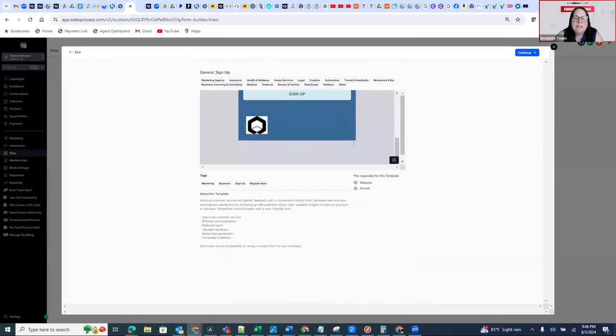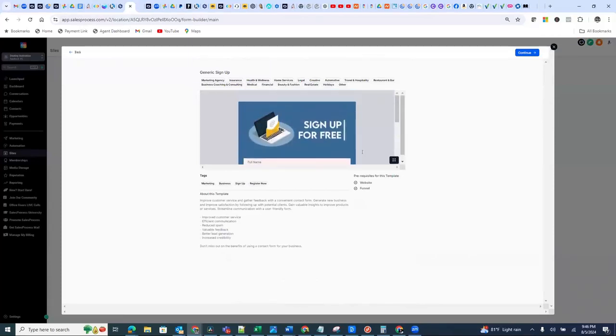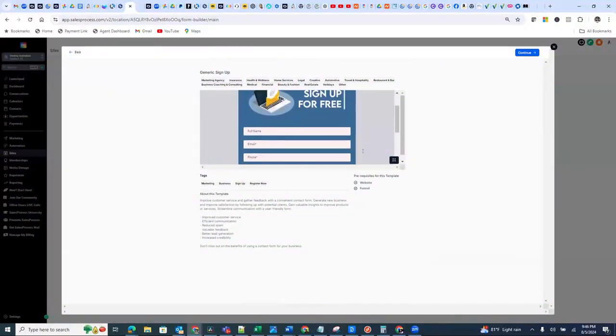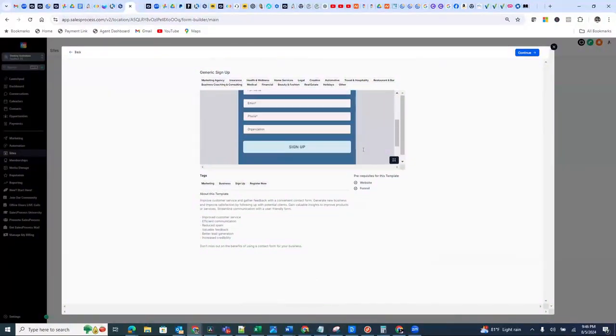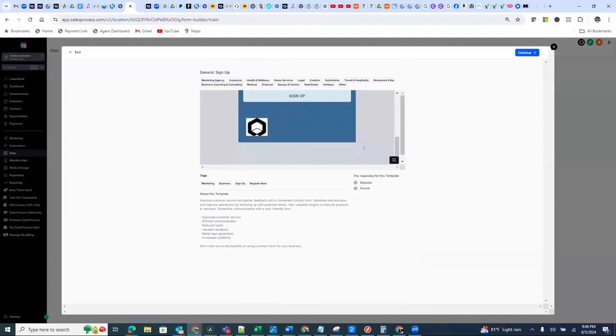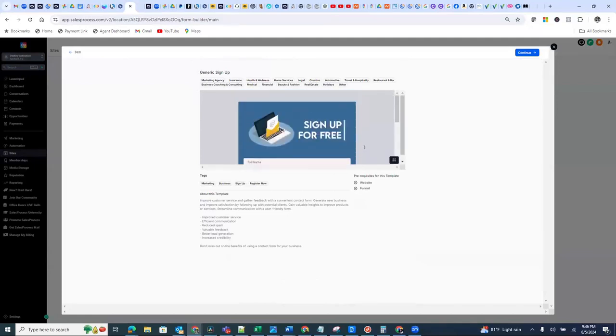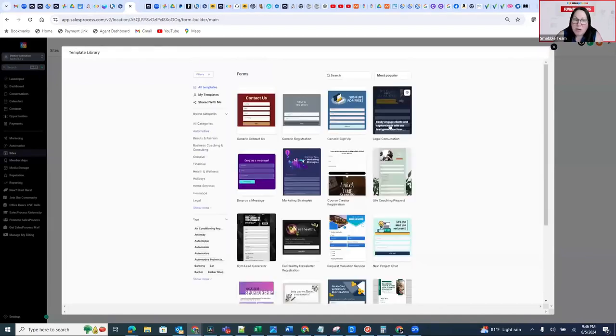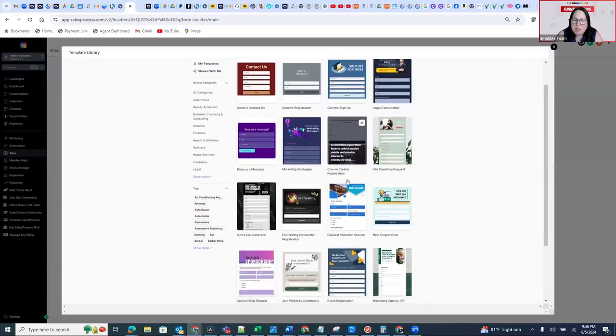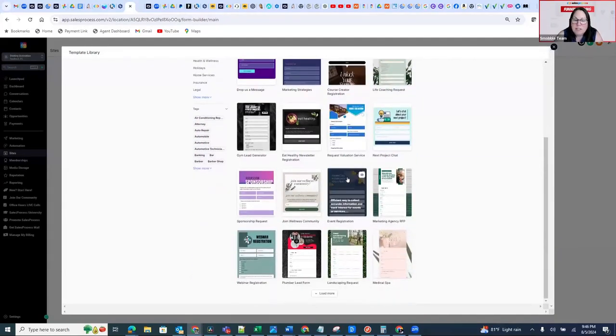May I come in here and just ask how do we even start to know which is appropriate from all the different templates there? Just if you like the look of the design on it, if it meets your brand colors, you can choose that. You can also adjust the brand colors in a template too. So it's just about what you like the look of.